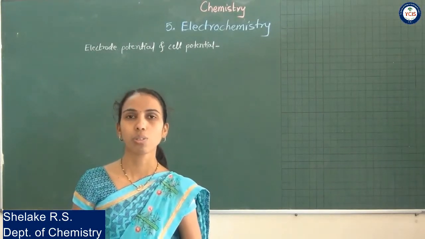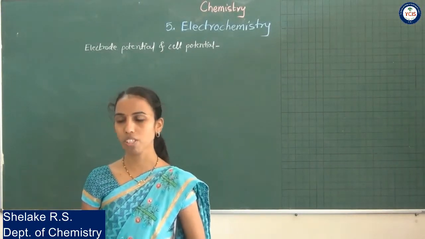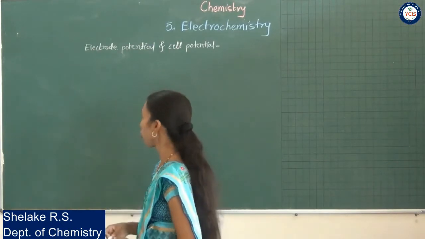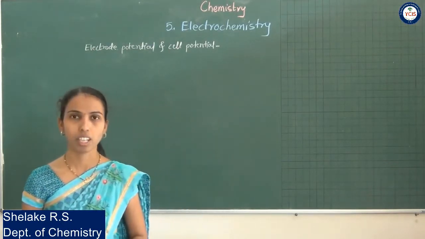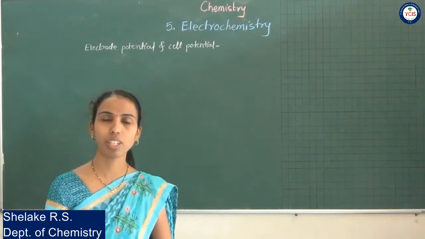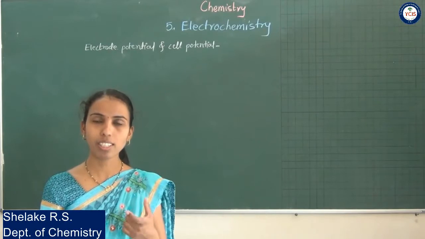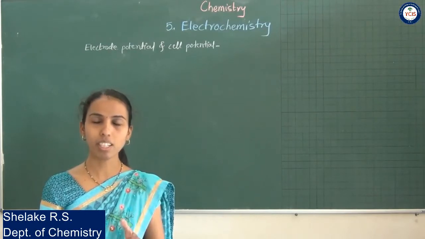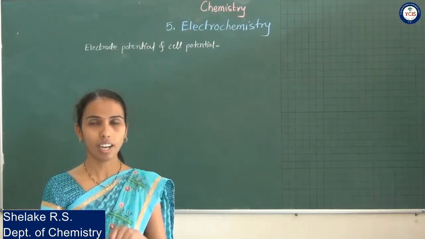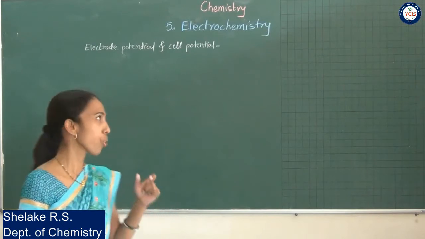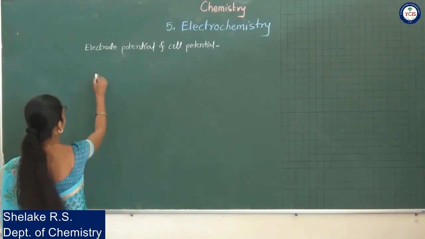Hello students, today we are going to study the next point of this chapter: the electrode potential and the cell potential. Now you know that in our previous lecture we studied that the galvanic cell is made up of a metal and an ionic solution. Okay, so you can say that the galvanic cell right here,